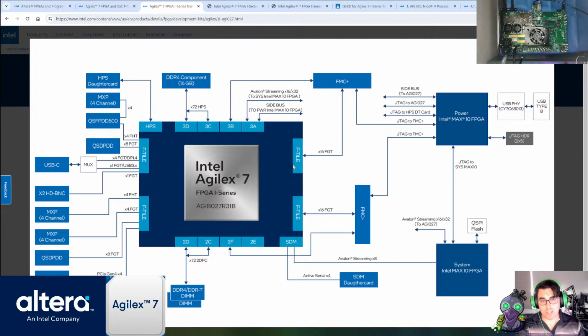The F-tiles on the right go to your FMCs. This is for FMC pluses. They have 16 lanes, which is great. A lot of the FMCs provide you a way to expand to your application. So you can find FMC daughter cards for PCIe, ADC, DAC, Ethernet, a lot of different interfaces for FMC plus. On the left side, we mostly have QSFP, which is just high-speed Ethernet going up to 100 gig,